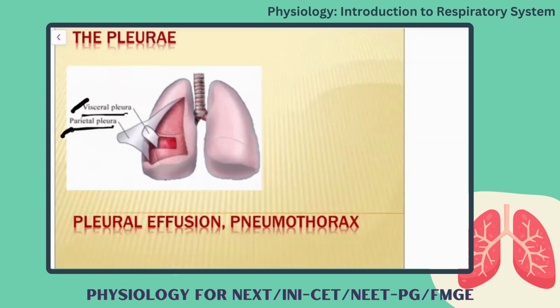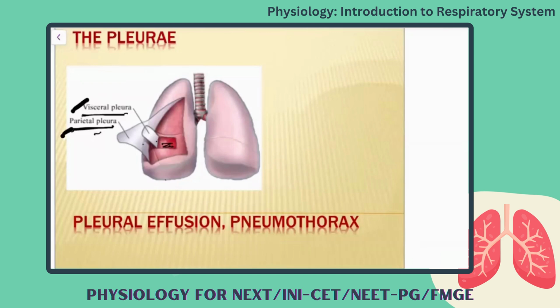So the visceral pleura is close to the surface of the lungs, and next to it you have the parietal pleura, which is close to the inner surface of the thoracic cavity. Okay, and we have seen about the intrathoracic pressure